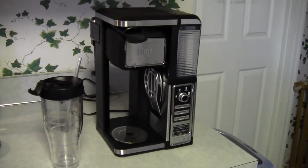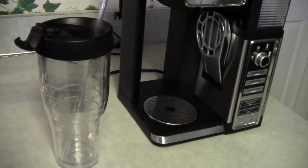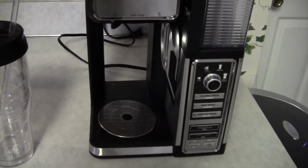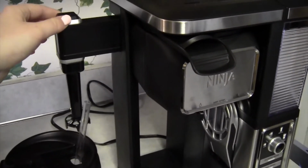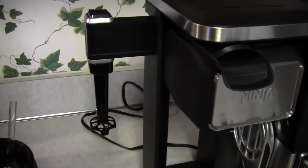So this is what it looks like just out of the box, and it comes with this double wall insulated tumbler with a straw, which is very nice. And then everything in here is compact. It's a tiny little machine, but you pull everything out to make it happen, it looks like. So back here we have the built-in hot and cold frother. And then we have